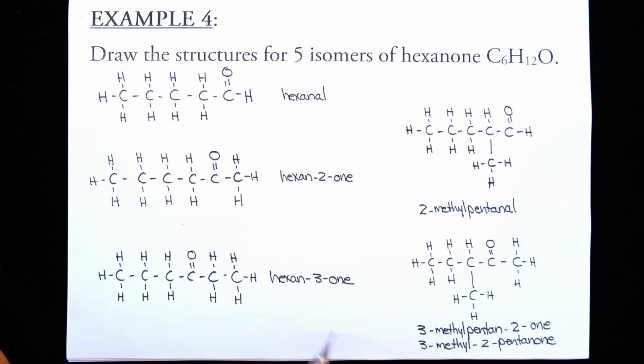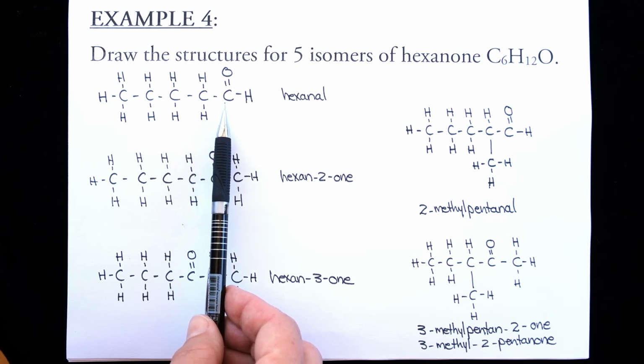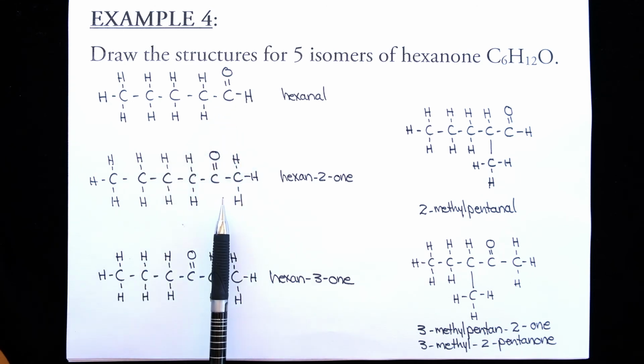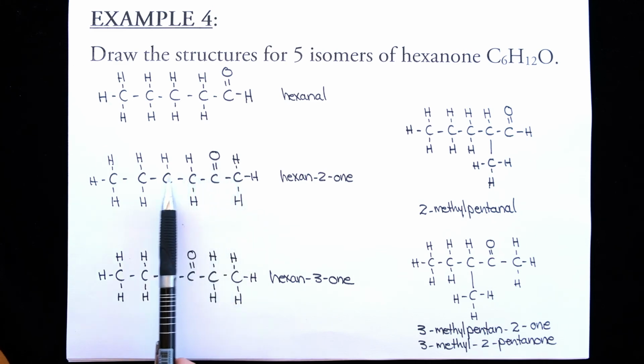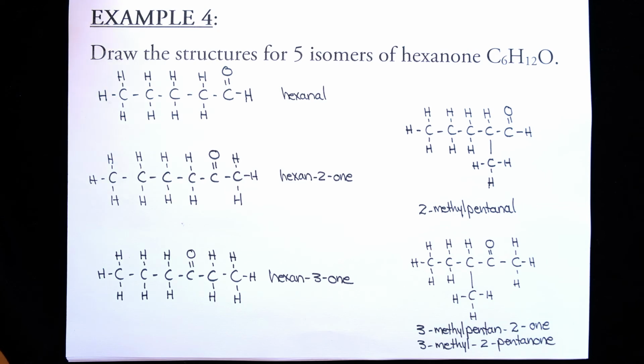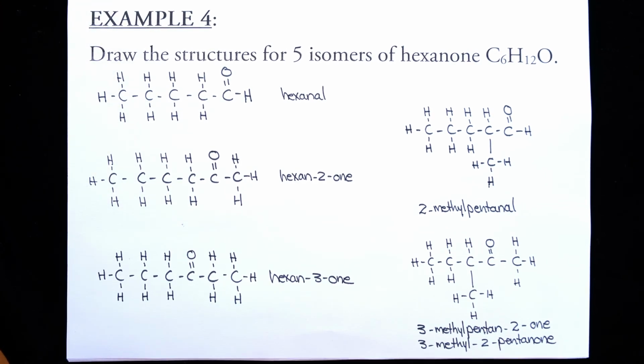C6H12O. The first one that I have is hexanal. It is an aldehyde. The second one is hexan-2-one. My carbonyl is on carbon number 2, numbering from the right. The third one is hexan-3-one. I've just moved the position of the double bond O. It's on number 3 if I number from the right. Then I made 2 chain